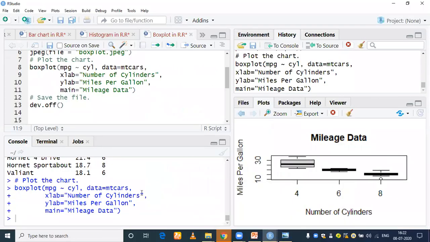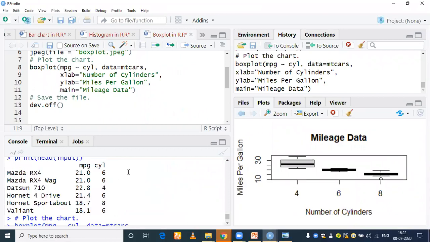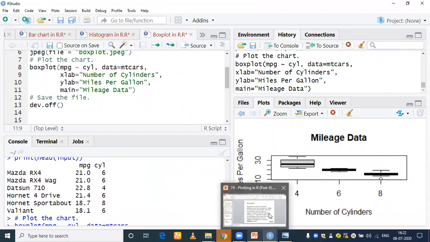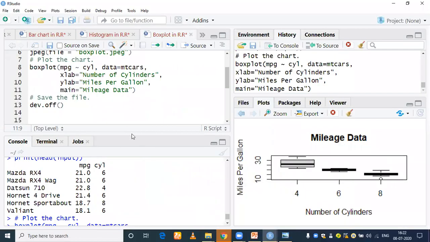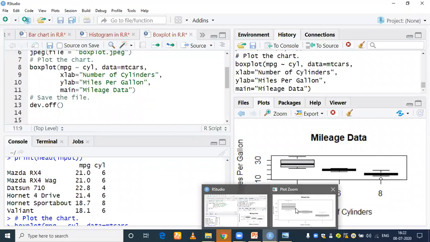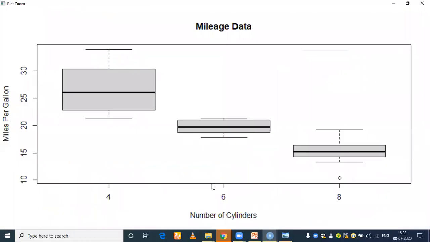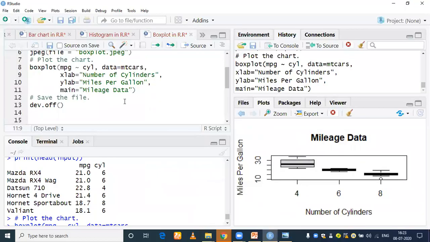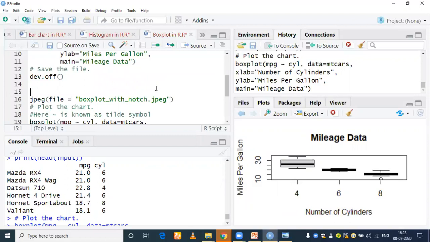Can you see this one? Yes. So that's our box plot. Got it?